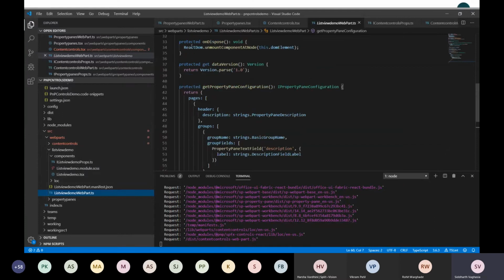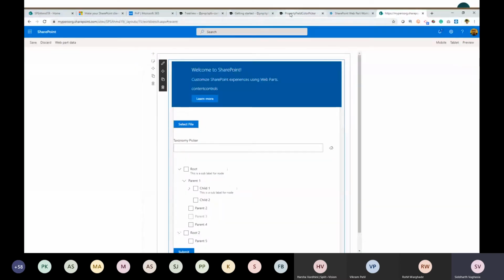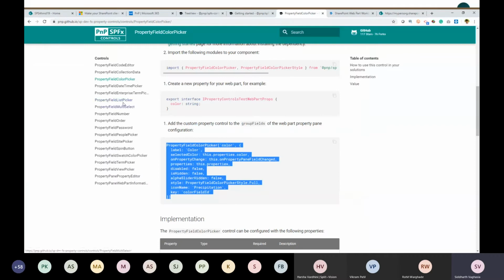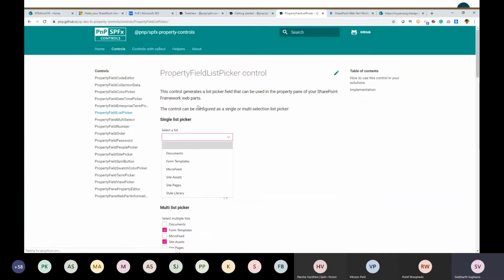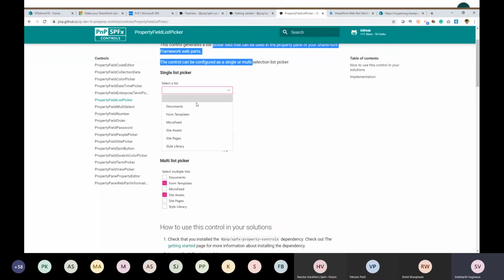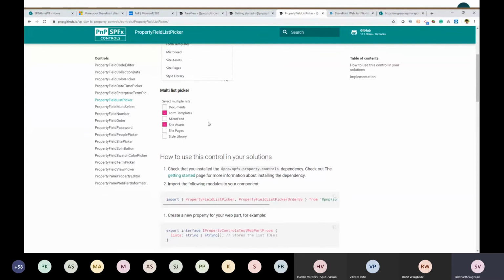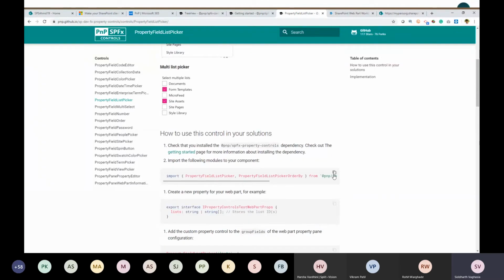So for that, first thing, as I said, we will be using the property pane list picker control. This is a good control which will automatically get all the lists and libraries in the current SharePoint site where your web part is being deployed, right? And you can also configure whether you want to display lists, libraries, or both.